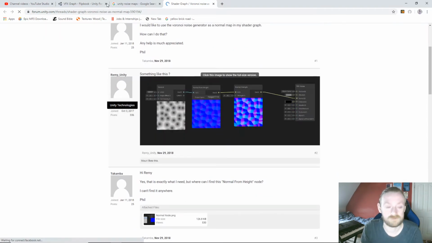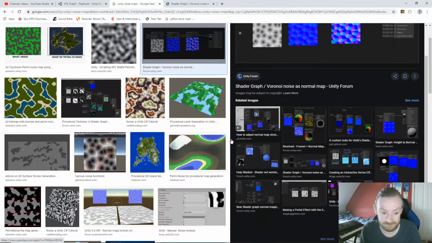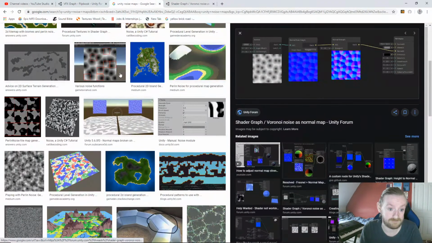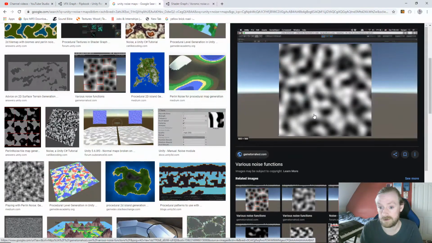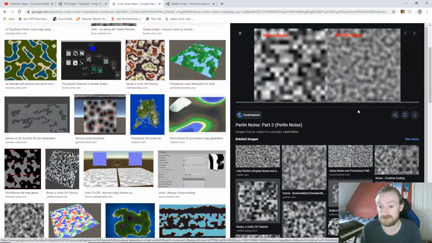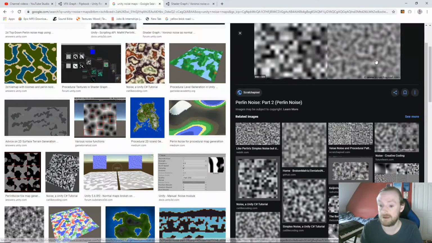Where's it gone? I just wanted the image. Right, you're talking about this kind of thing. And more octaves would be that. And even more octaves you'd get to, you know, and